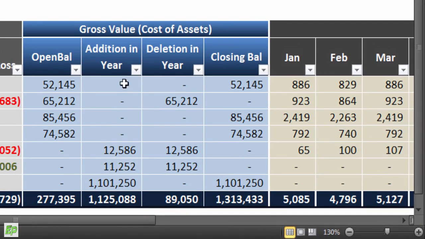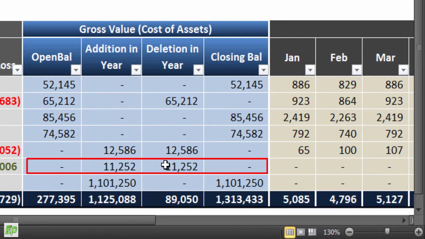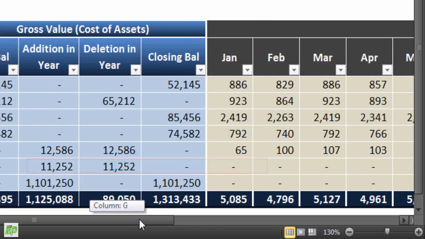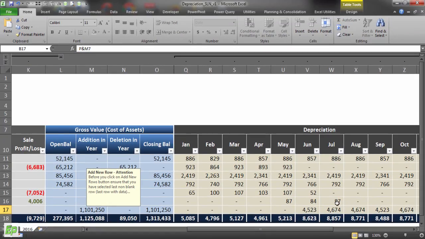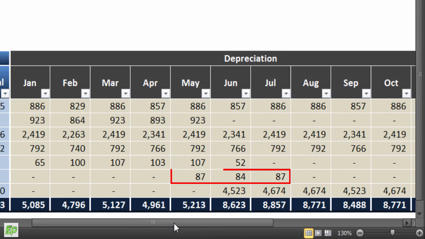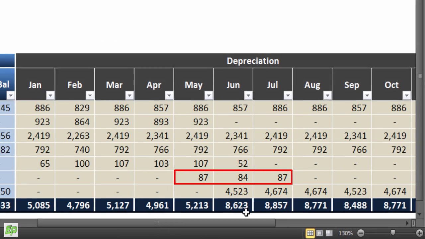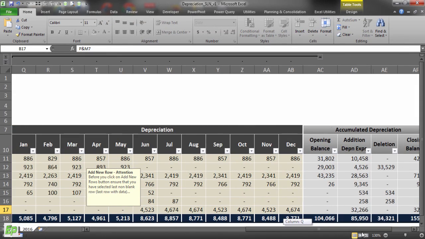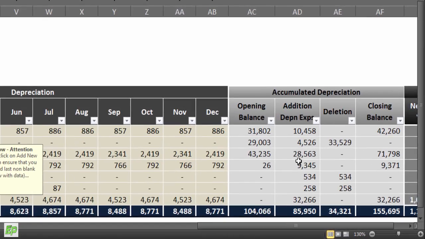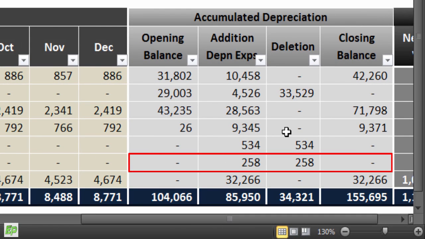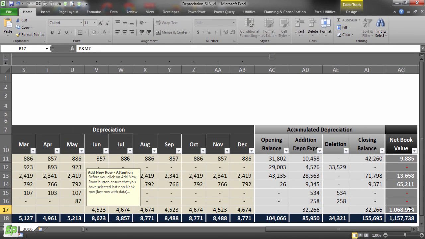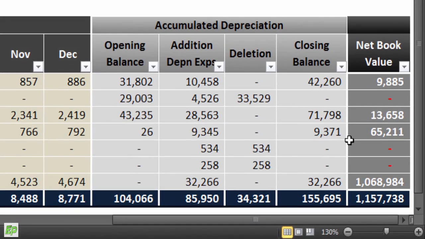As expected in gross block, asset has been closed with the same cost value. Similarly, depreciation was only calculated for 3 months as the asset was with us for 3 months only. Depreciation for 3 months was $258 and it has been closed as it is the only accumulated depreciation we have. Similarly, asset account is closed with the nil book value in net book value column.